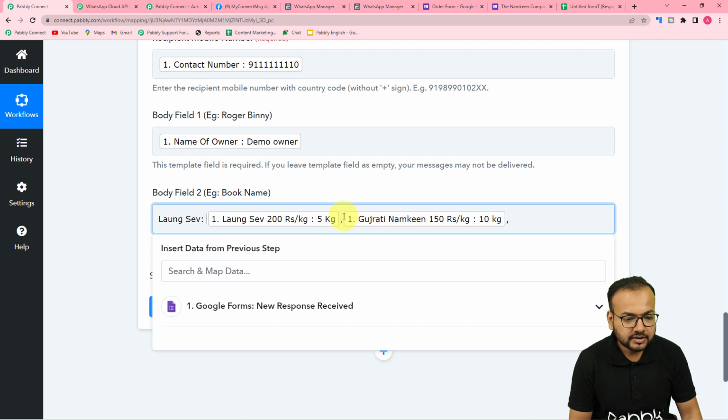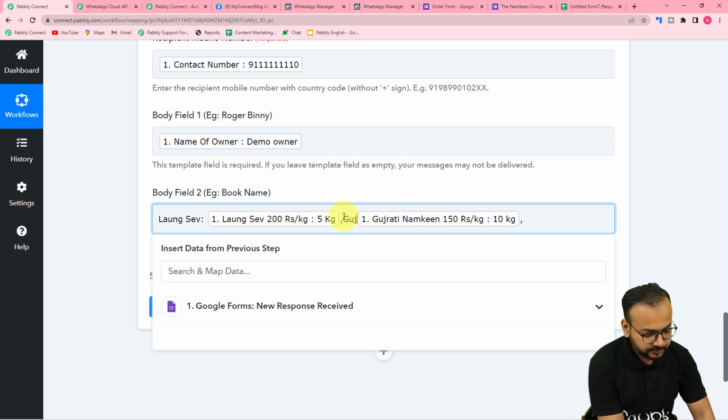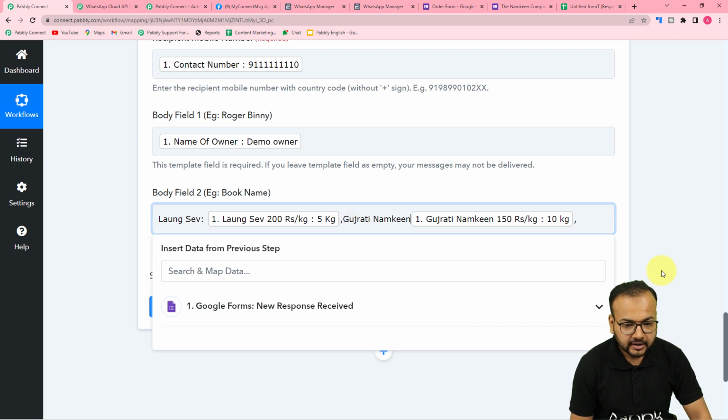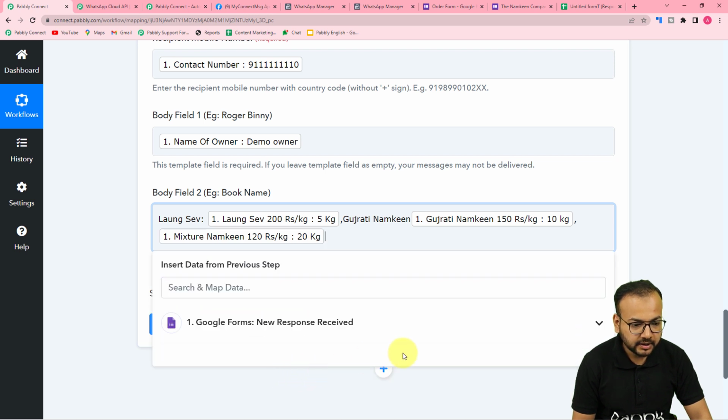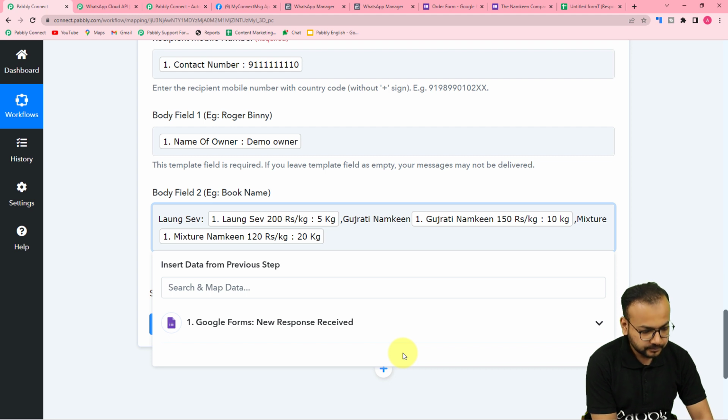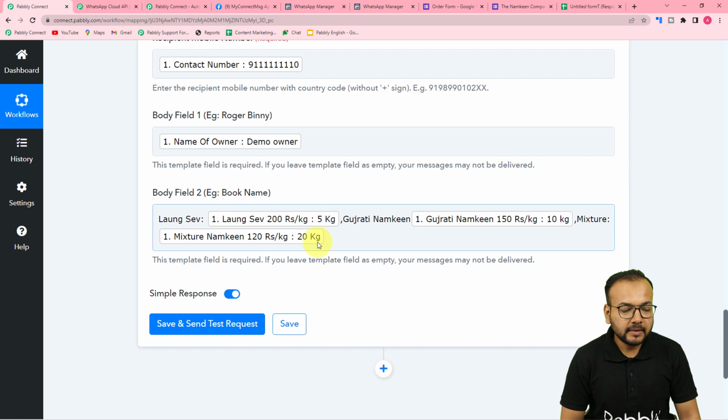So I am just mentioning the product's name here, so that every time we are going to receive the form response, the quantity is going to change automatically and the data will be updated. And the last product we have is mixture namkeen, okay. So here let me type. Right. So that's how you can map the data, and by clicking on save and send test request,